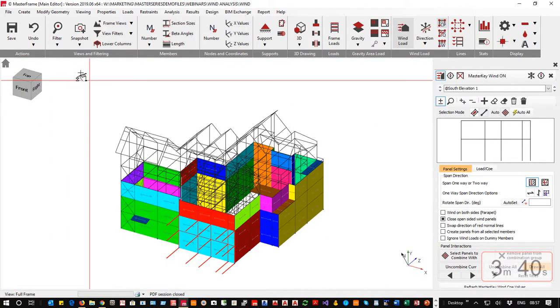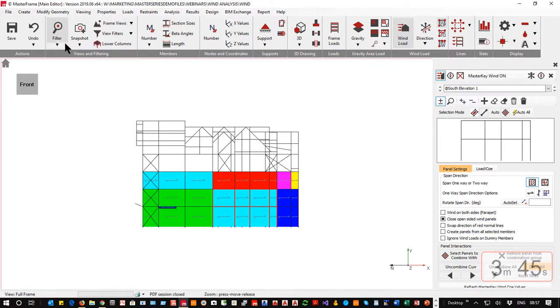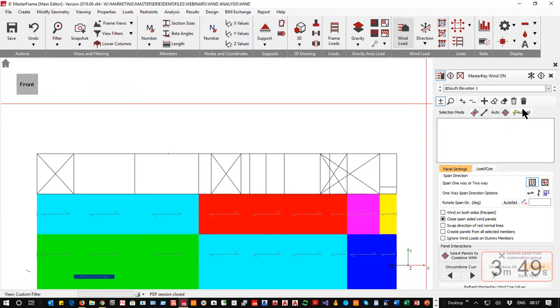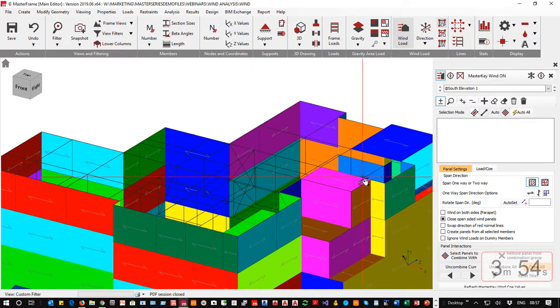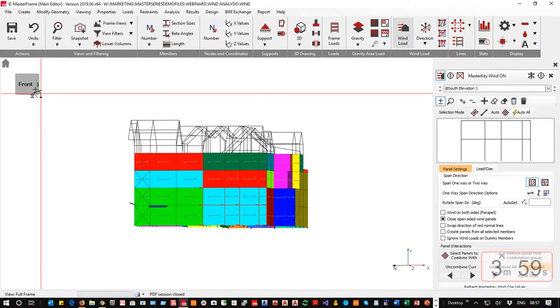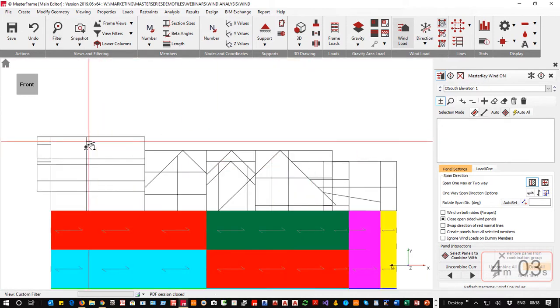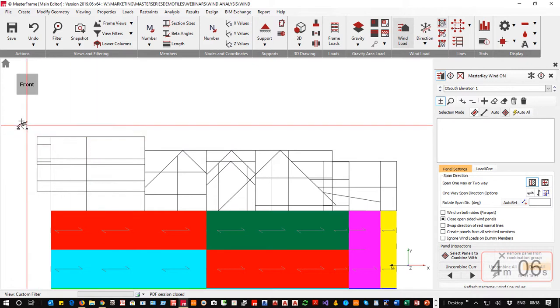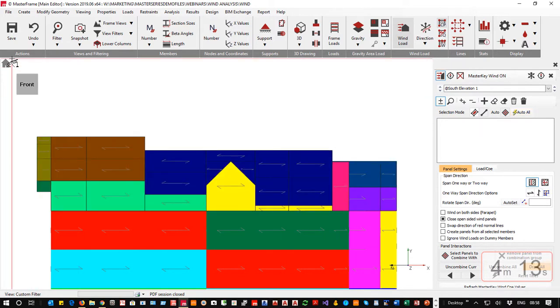And back out to full, put in the front view and window again using the filter from just below to just above, and then auto, and we will again see that we've got some more floors which are inset. Back out to full, put it in the front, and then using the filter's more powerful than zoom because it removes the other members from the actual view. Totally doesn't have any members down here, and I just go auto to complete the design, and back to full,